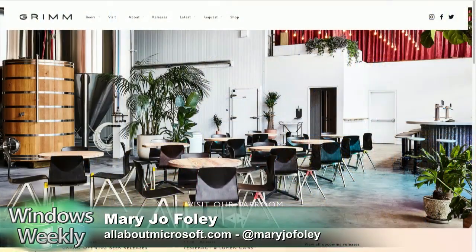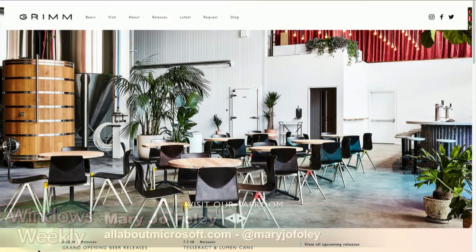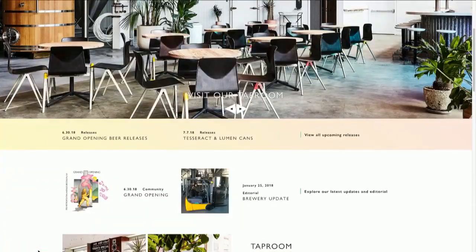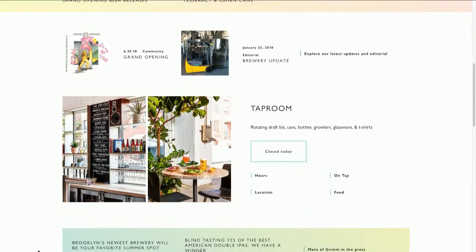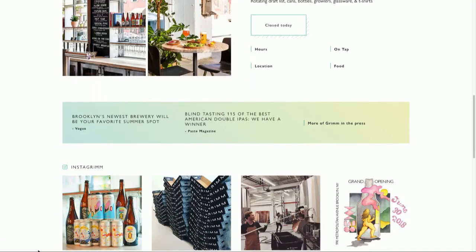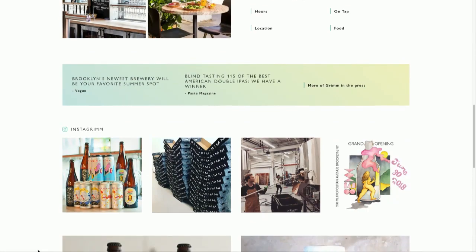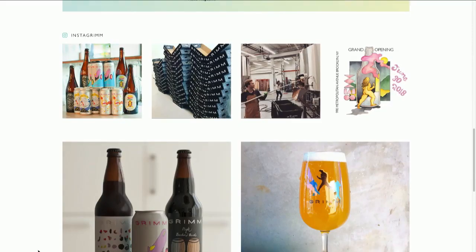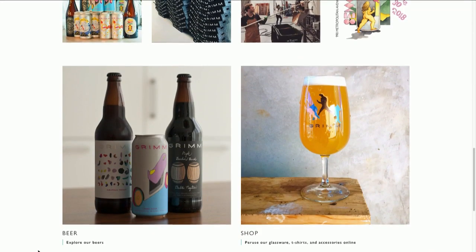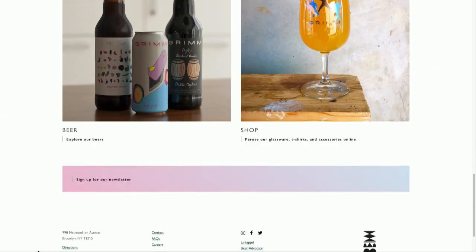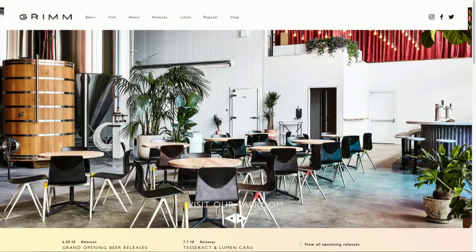The reason I made it the pick this week is that for anyone who's going to be in New York City this weekend, Grimm is finally opening their tap room. These guys are like a cult brewery in New York, and their tap room's in Brooklyn, and they're having a big party with all kinds of beer and food. So if you're into Grimm, you should go to their launch party Saturday. Nice. You might see me there. I might be there. A little more Mary Jo stalking.